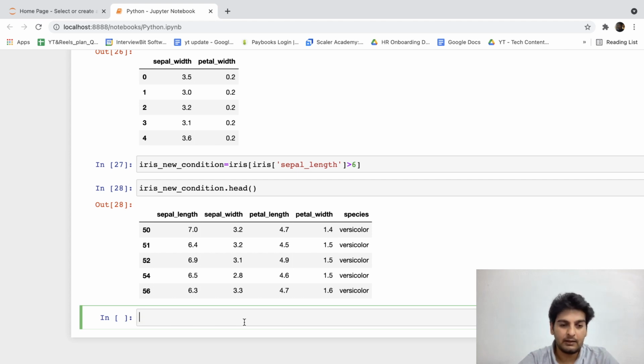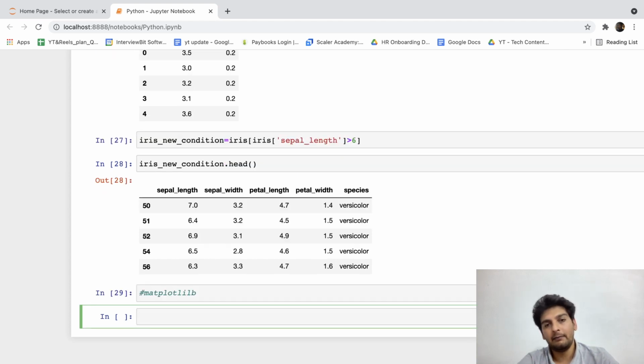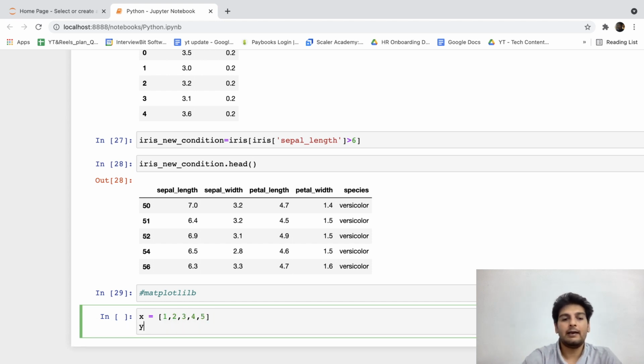perform visualization. So here I shall write down Matplotlib, and one of the simplest visualizations that you can create with Matplotlib is a simple line plot. So for that line plot, let me create two variables. I'll have one variable called x, and then x, let me add in some values. I'll have 1, 2, 3, 4, 5. Then I'll have y. Inside y, let me just store, let's say 5, 4, 3, let me have 2 and